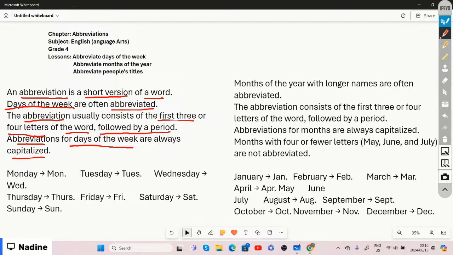All right. So remember, we have 7 days in the week, right? We have Monday, Tuesday, Wednesday, Thursday, Friday, Saturday, and Sunday, right? And if we abbreviate those days of the week,